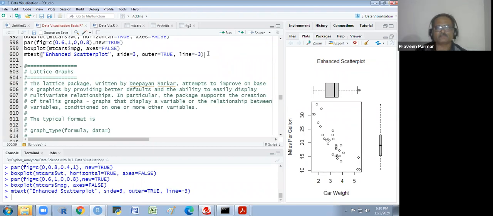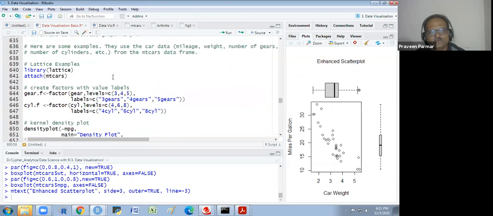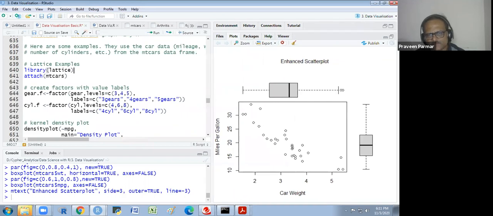In particular, the package supports the creation of trellis graphs, graphs that display the relationship between variables conditioned on one or more other variables. So we see the typical format is graph type, formula, and data. I will explain this later, but first we see what type of graph this is.